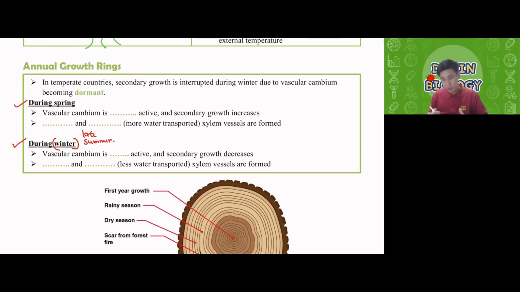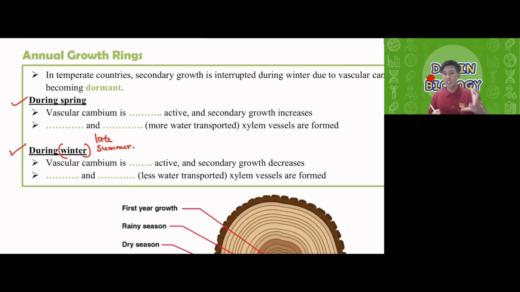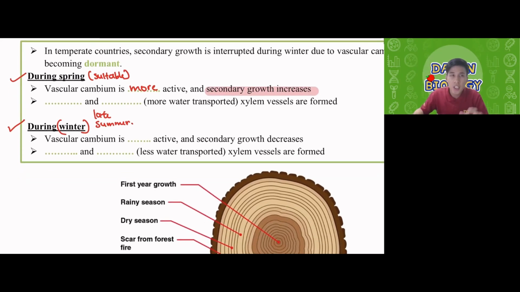All right, so during spring, early of the year, this is where flowers usually bloom. Usually the weather is suitable for plants to grow. That's why we will say the vascular cambium is more active, because now it's a more suitable condition. And you have more secondary growth. So guys, if your growth increases,